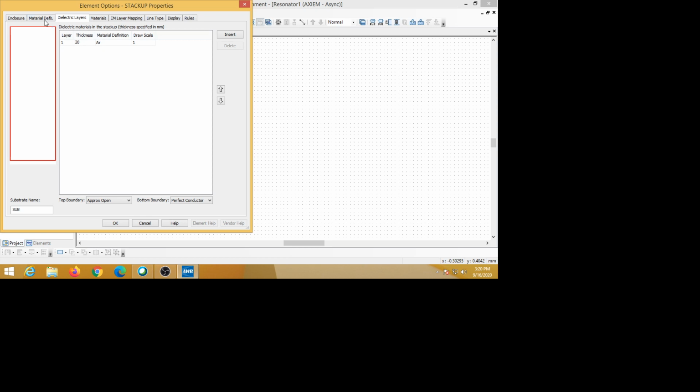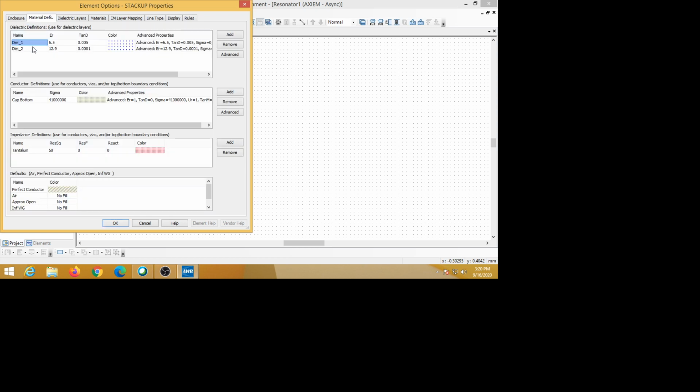Okay, next you go to material definition. In the material, again dielectric 1, dielectric 2 are there, and you see here this is the dielectric definition, we have to put a dielectric definition here. Some materials are already defined here, we are not using these, these also you should remove. Similarly we should remove this also, the conductor definition we have to remove here, and similarly remove here also.